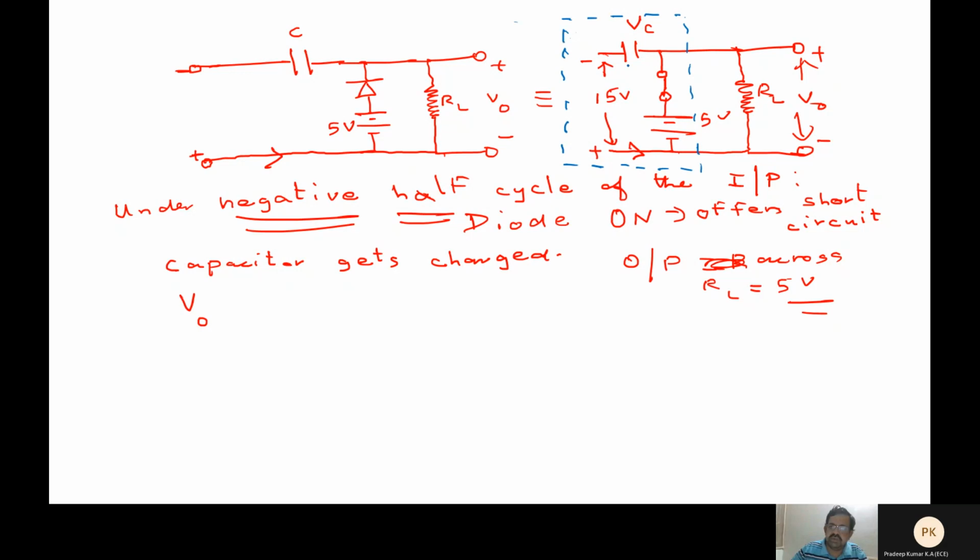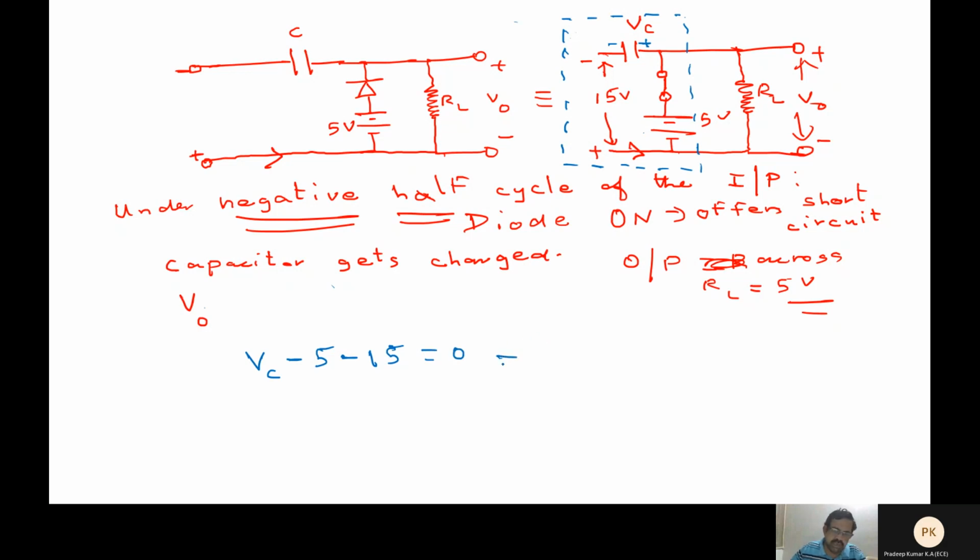So we apply Kirchhoff's voltage law starting from here. Now during charging, this plate acquires positive, this plate acquires negative. So look at here carefully. I am going from here to here, so it is plus VC, and then I am coming from 5 and going around like this. So this is positive to negative, so it becomes minus 5. Then I am going from positive to negative again, minus 15. So equal to 0.